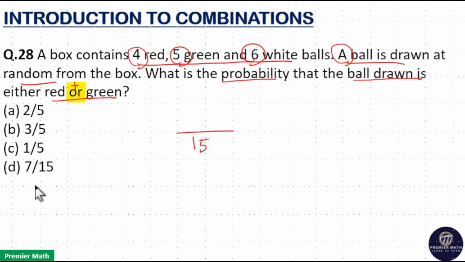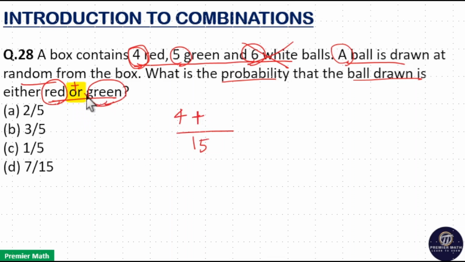That is 15 ways. Now, your favorable outcome is when you draw one ball out of these 15, you may get 1 red or 1 green. So, you can ignore these 6 white balls. To get 1 red out of these 15, you should select that 1 ball from these 4 red. So, this can be done in 4C1 ways. That is 4 ways. And or